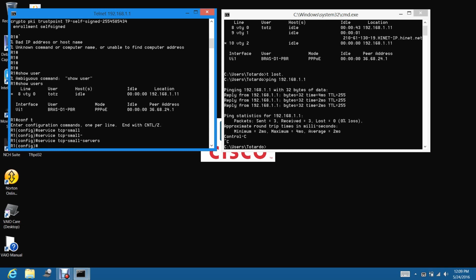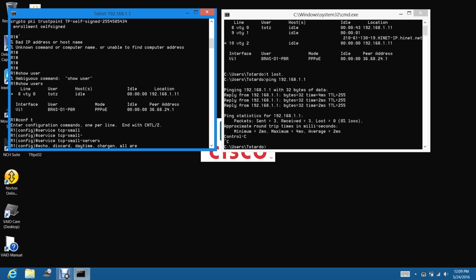In these TCP small servers there are a lot of servers, including the Echo server, the Discard server, the Daytime server, and the Chargen server.